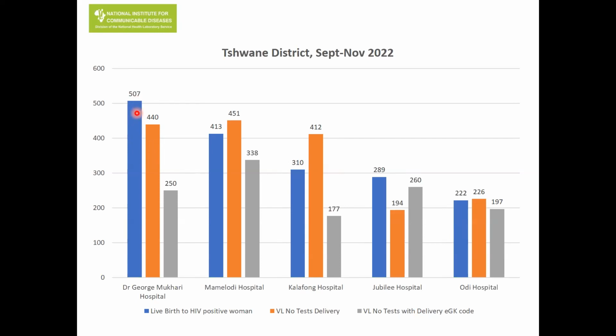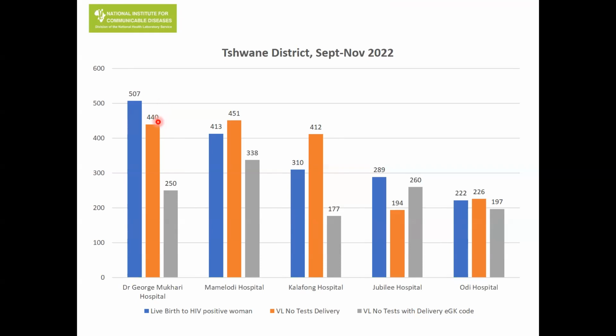The blue bar represents the live births to HIV positive women. The amber represents viral loads being done in delivery wards, and we've mapped Tshwane with the district clinical specialist team. So all of the maternal labor wards, postnatal wards where maternal viral loads would be done have been coded in our data warehouse, and then we can categorize the viral loads being done from those wards. Not perfect, because we obviously do know some maternal viral loads will be done in casualties or potentially theatre, but